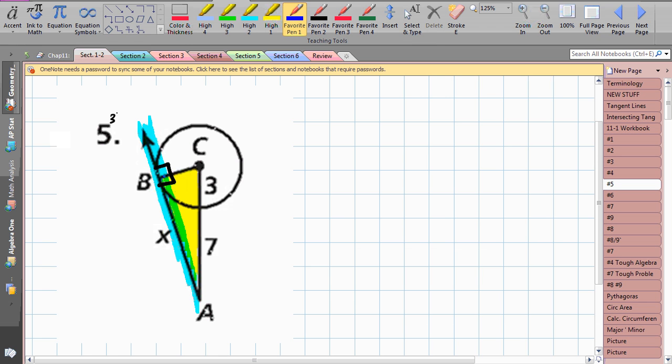Another thing that we should notice here is the length of this little blue line right there. For some reason, a lot of students have trouble seeing the length of that blue line. Well, if you notice, this blue line is 3, and then you have to ask yourself, how are these two lines related to one another? Well, if this one's 3 and it's actually the radius, this one has to be 3 because it's the radius as well. So in this case, the goal here is to find x, and I'm just going to redraw this